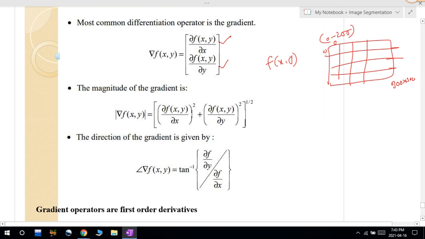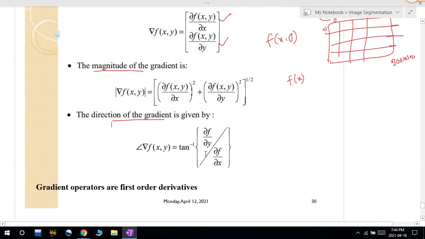Later we will try to find out the magnitude value by using this formula, that is the square root of dou f. This is in the case of the image being in x y. If I am taking only a 1D image, then I have only one point, f of x only, but if it is a 2D image, then I will take both the x direction and y direction. So I will find the square root with dou f squared, and that is your magnitude. This magnitude of the gradient is used to indicate the strength of the edge point, and the direction of the gradient is used to find the direction of the edge. So these two are called first order derivatives.